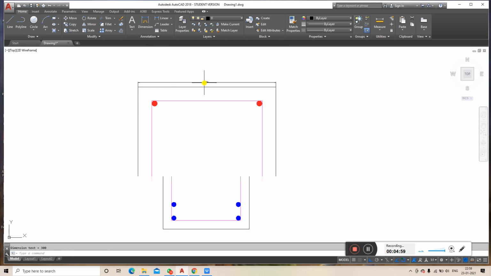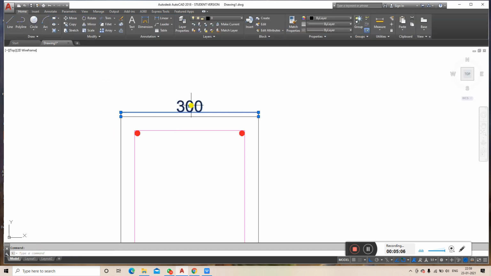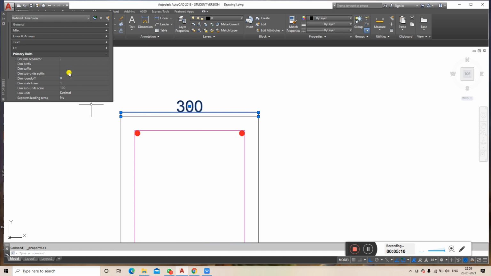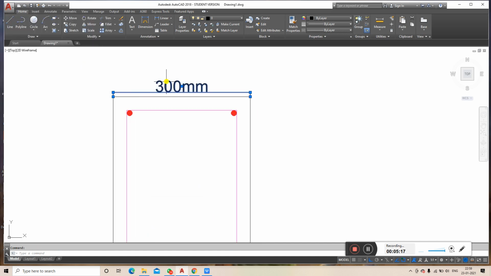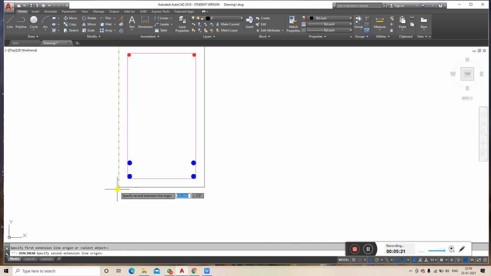Now I'll take the dimension 300 mm, so I'll increase the dimension text size so that it is visible. Now only 300 is showing, so I must add a suffix, mm: 300 mm. Next I need to find the depth of this beam.